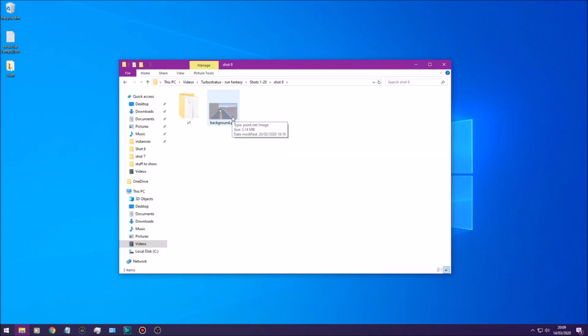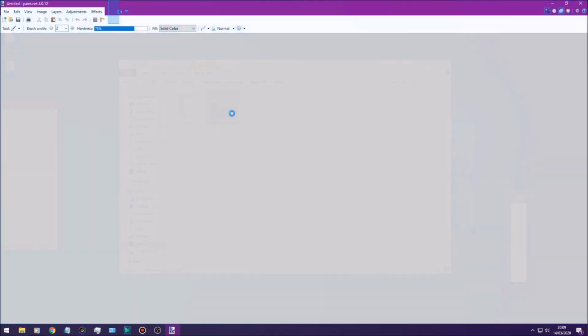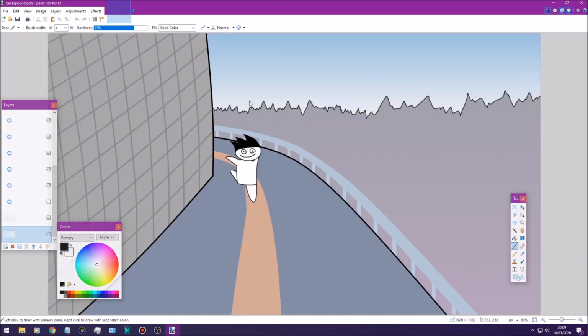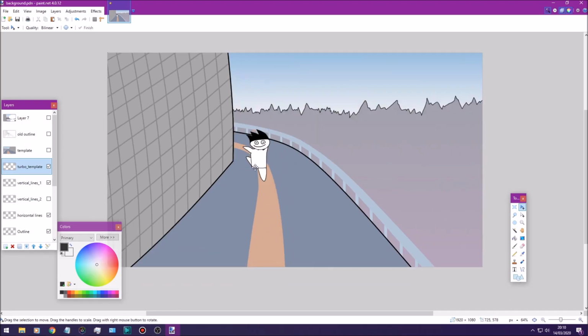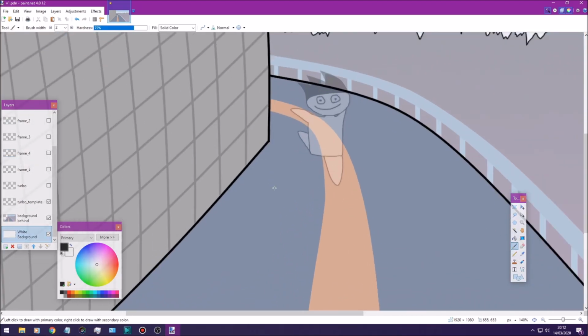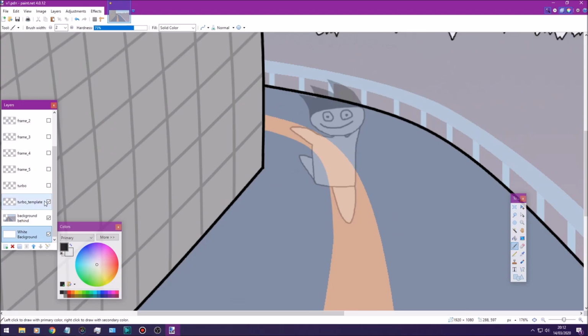So one really interesting one I want to show you is this shot here. So here is the template. You can see we've got our template of the character, if I can find the correct layer. So pretty much my plan was to have the character run sort of like this, except at a very quick speed. I wasn't sure exactly how to draw the arms and legs, but then I thought of trying another method that works surprisingly well. So we've got the template here, and then I just created a duplicate of the template,